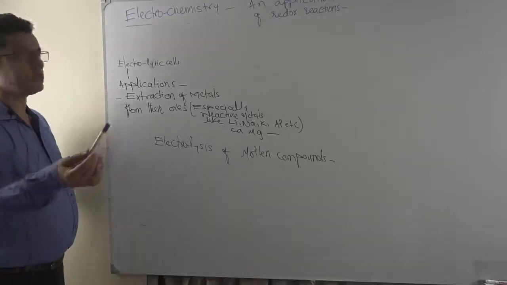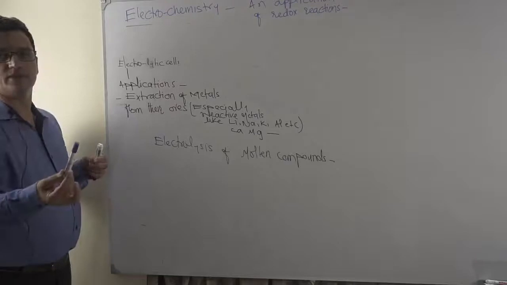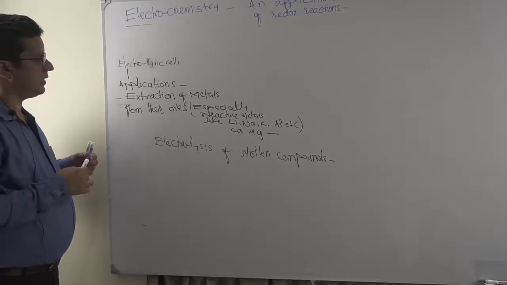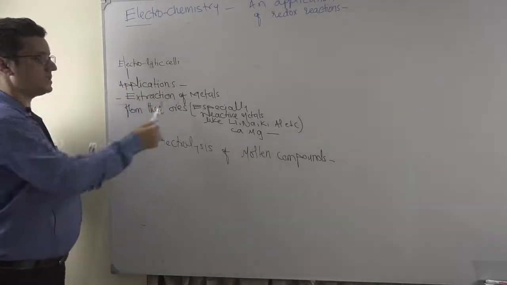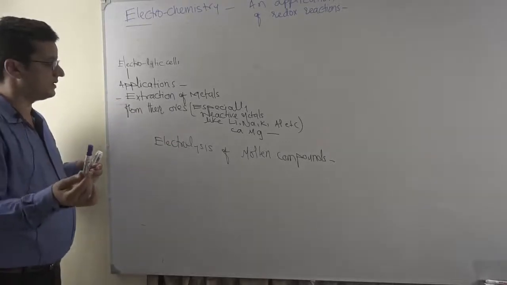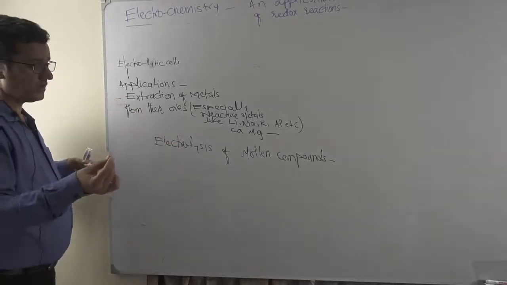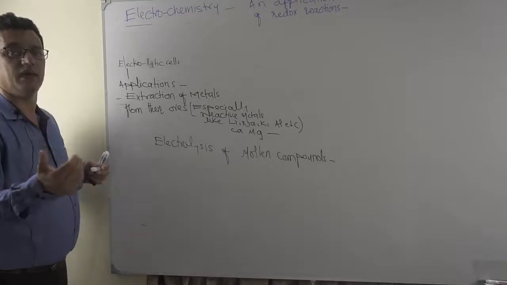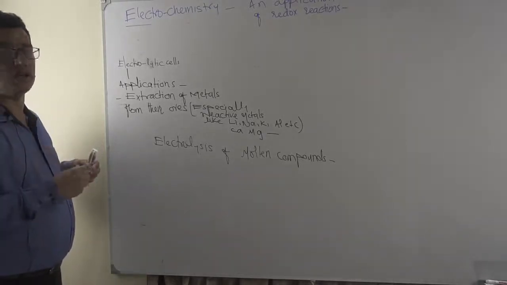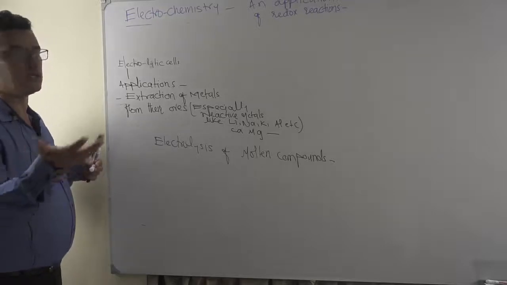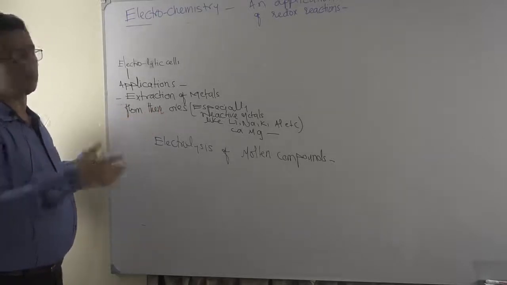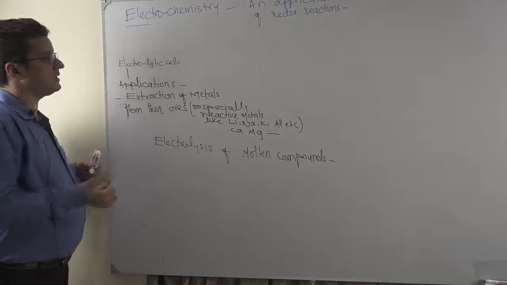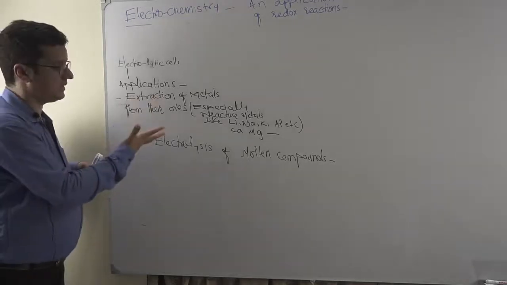Okay, so electrolysis or electrolytic cells are one main application of electrochemistry, and we use electrolytic cells for the extraction of metals, one very important application. Metals are extracted from their ores, especially the reactive metals, because less reactive metals are more easily extracted by chemical reduction methods, like iron oxide is heated in a blast furnace with carbon, and the ore turns to pure iron ultimately. But reactive metals are extracted from their ores by the electrolytic method.